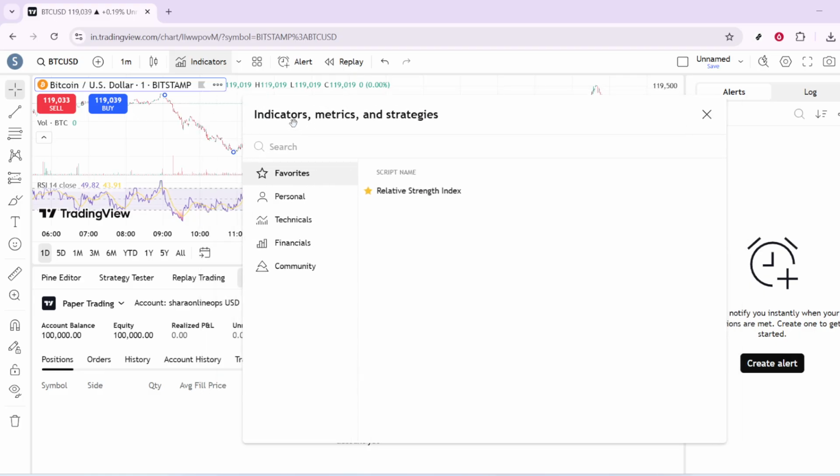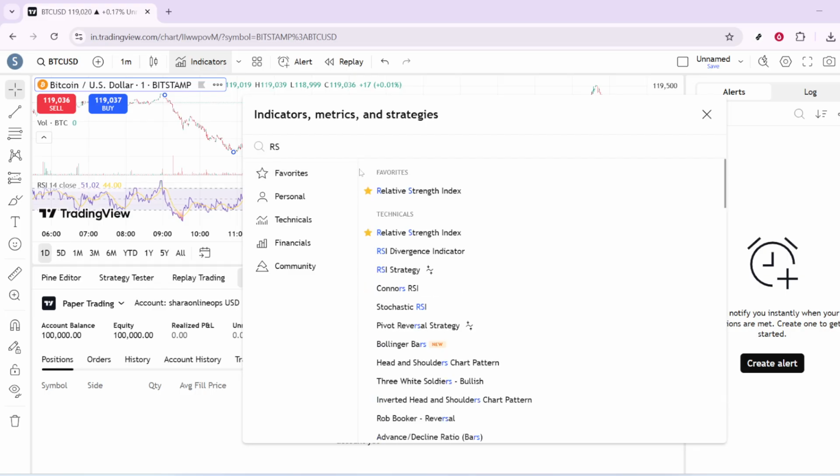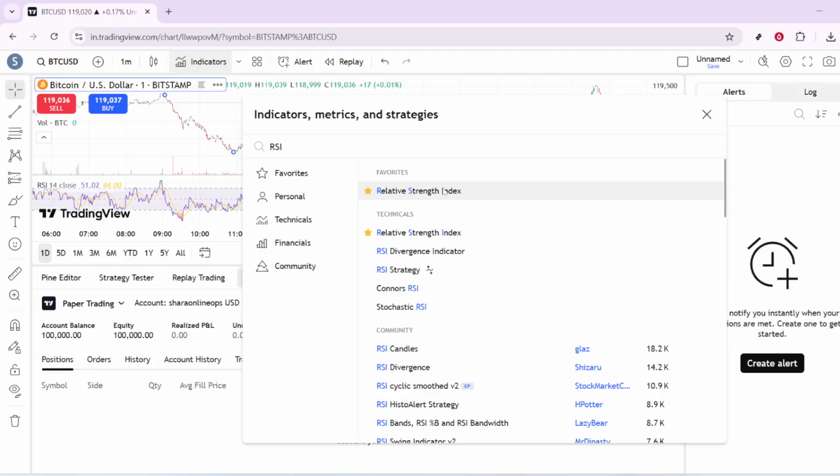Here, you'll find a broad catalog of tools ranging from basic moving averages to more complex algorithms. For today's tutorial, we'll focus on incorporating the Relative Strength Index, or RSI, which is a commonly used momentum indicator. To do this, click on Indicators, Metrics, and Strategies, then search for and select the RSI from the list. Adding the RSI to your chart allows you to monitor potential overbought or oversold conditions, providing insight into possible price